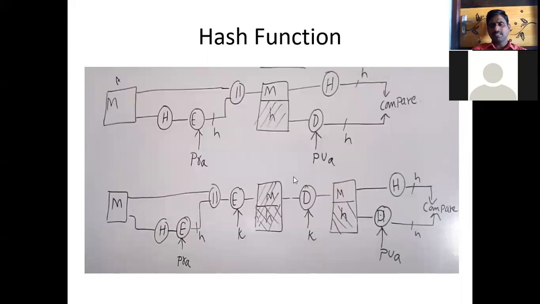So here it is represented as a public key of A. So there is a chance of any attacker may access your key. So that, see the next process. So here we are considered the plain text. So you are performing same with the previous one. You are performing the hash function. You will get a hash code. On that you are performing the encryption with a private key of A. You will get small h. It is a hash code after the encryption.